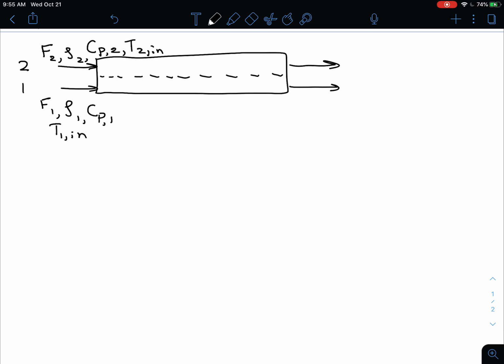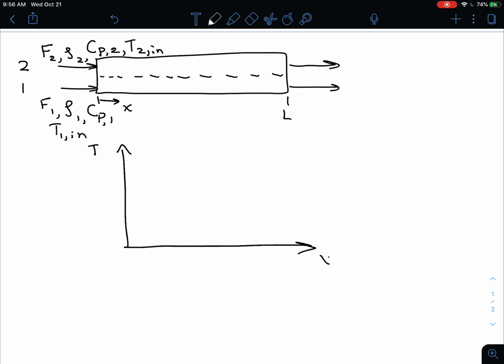The purpose of a heat exchanger is to take energy from the hot stream and transfer it to the cold stream. Let's assume that stream 2 is the hot stream. And if we define a coordinate system, so this is x starting at 0 at the entrance of the heat exchanger and ending at L, where L is the length of the heat exchanger, we would expect behavior that looks like this. So T